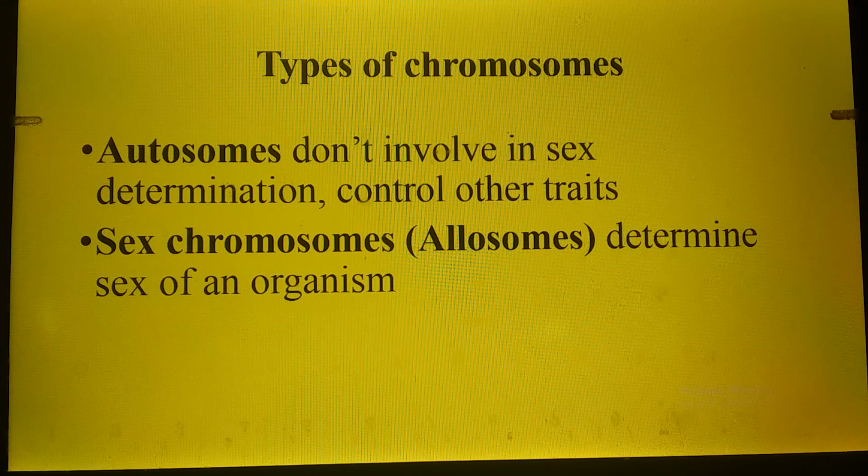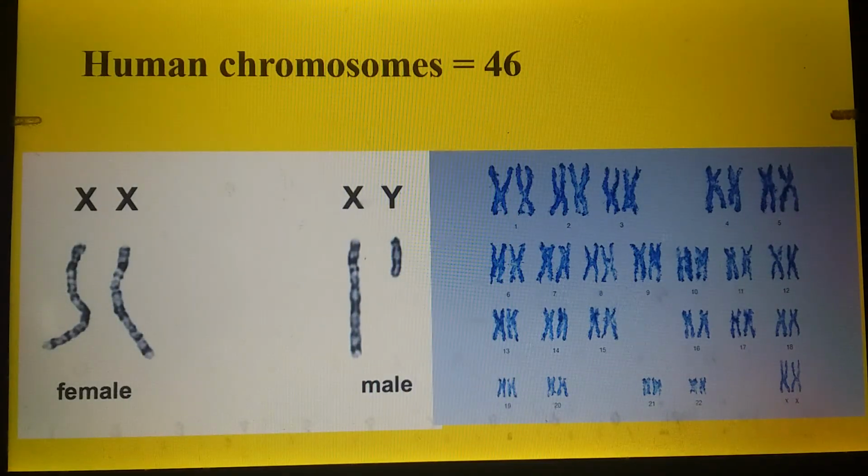Now, you can see here the human 46 chromosomes, and you can see the female XX chromosome and the male XY chromosome. The X chromosome is rod shaped and the Y chromosome, scientists discovered, is J shaped. So Y is the sex determining one. When two X are present, it is female, and when one X and Y are present, this is male.